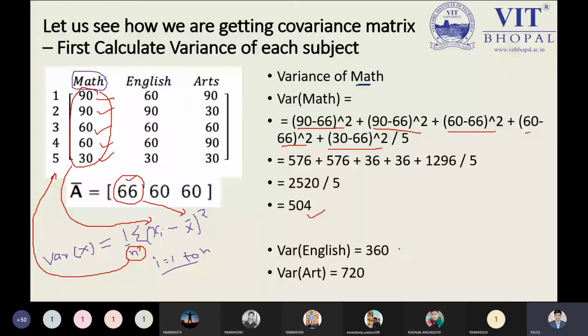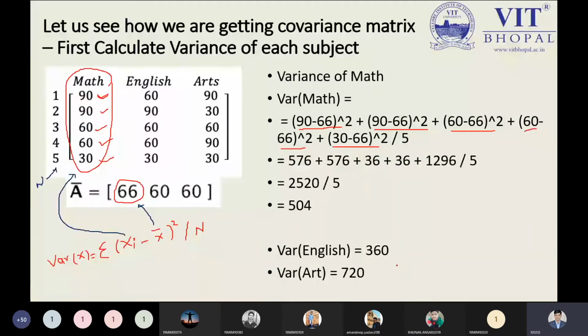Now, is it clear to all how we are getting the variance? Please tell me right now. Yes, sir. Okay. Any other student who is not able to understand what is meant by the variance and how we are getting it? Say yes or no. Is it clear to all? Yes, sir. Okay. After this point, we have also solved this problem along with the other subjects as well. Now it's time to show my next idea, that is, what is meant by the covariance.